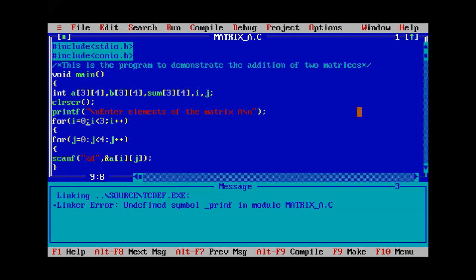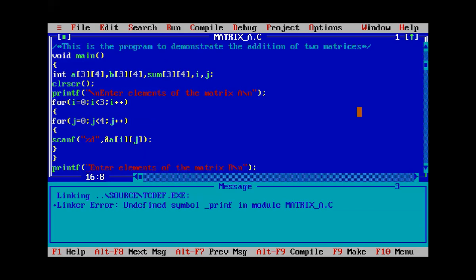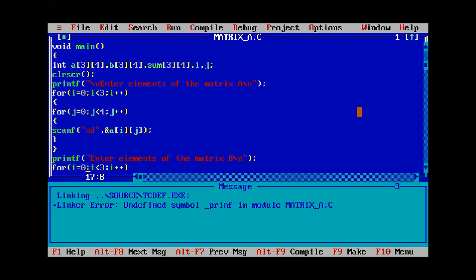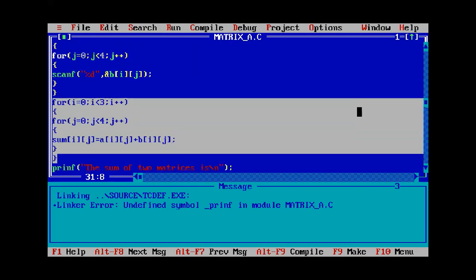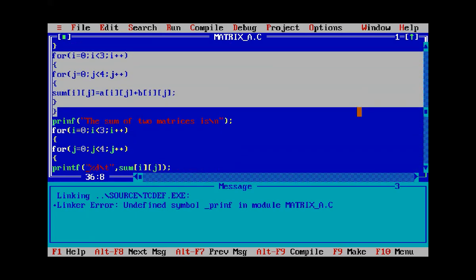Okay, let us see where the error is here. Print had to come here. This is the error here.